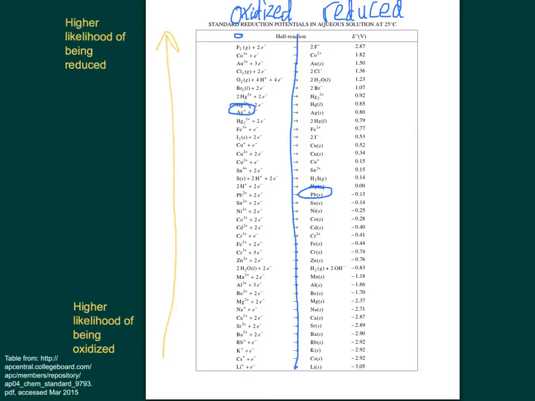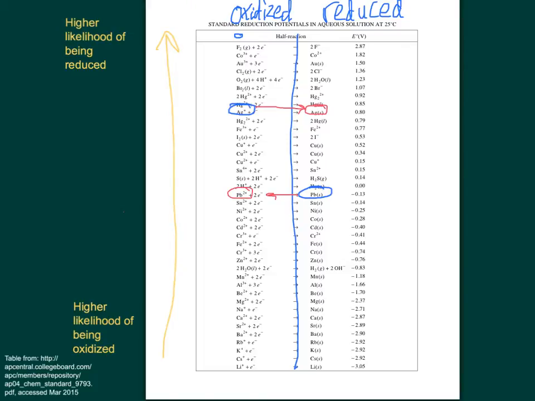So if we look at two important factors here, silver, Ag+, is higher, and because it's higher on the table, it wants to be reduced. It is in its oxidized form currently, so it can be reduced and go to form Ag solid. The lead, meanwhile, which is lower down, is currently in its reduced form. Okay, but since it doesn't want to be reduced as strongly as the silver, the silver is going to take those electrons,